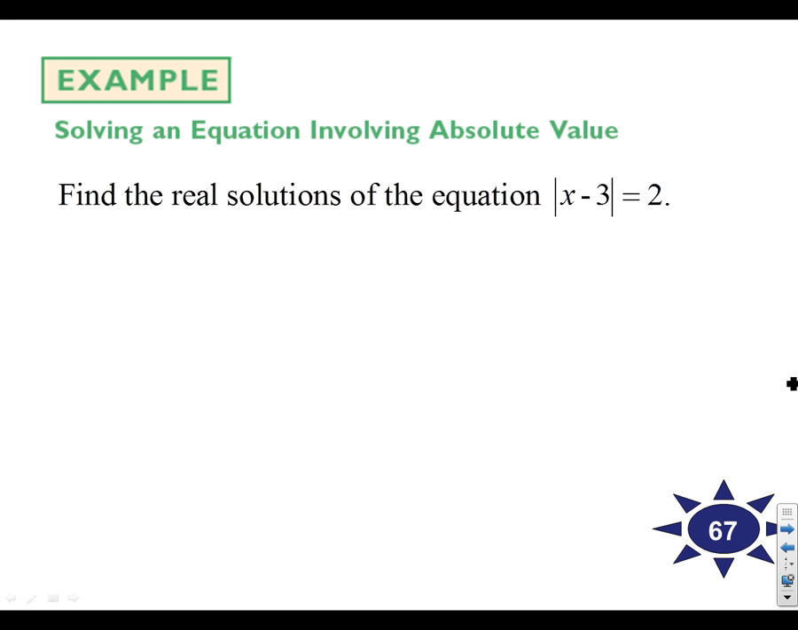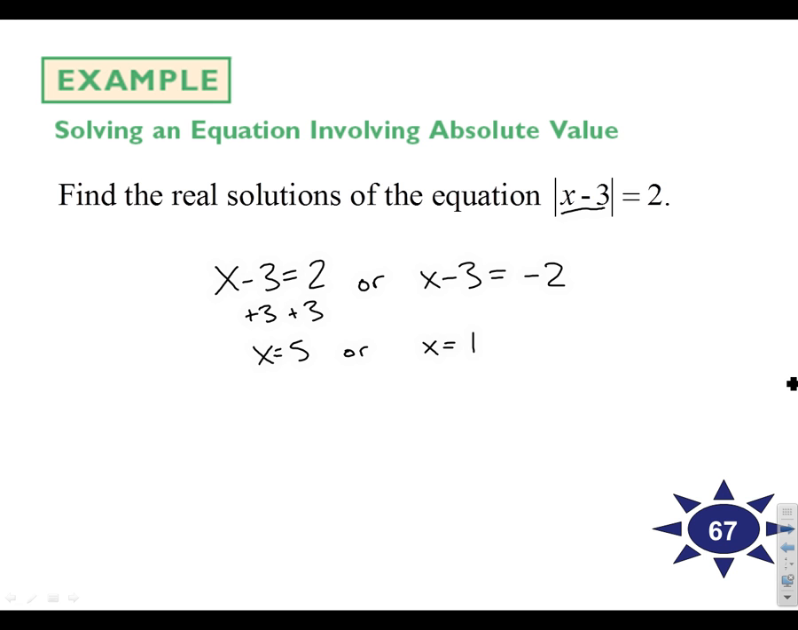The absolute value of x minus 3 equals 2. We're going to take the stuff inside, x minus 3, set it equal to 2, then write or x minus 3 equal to negative 2, and just solve from there. Add 3 to both sides, x is equal to 5, or x is equal to negative 2 plus 3,